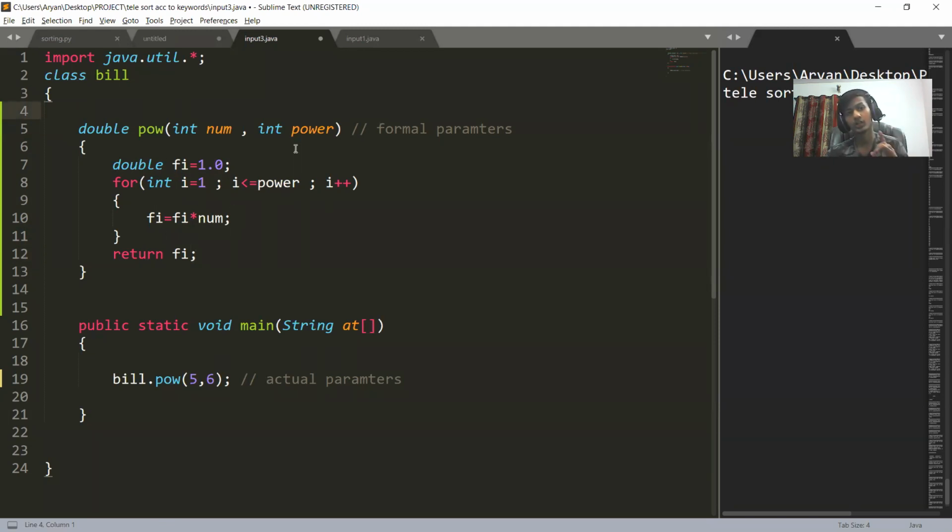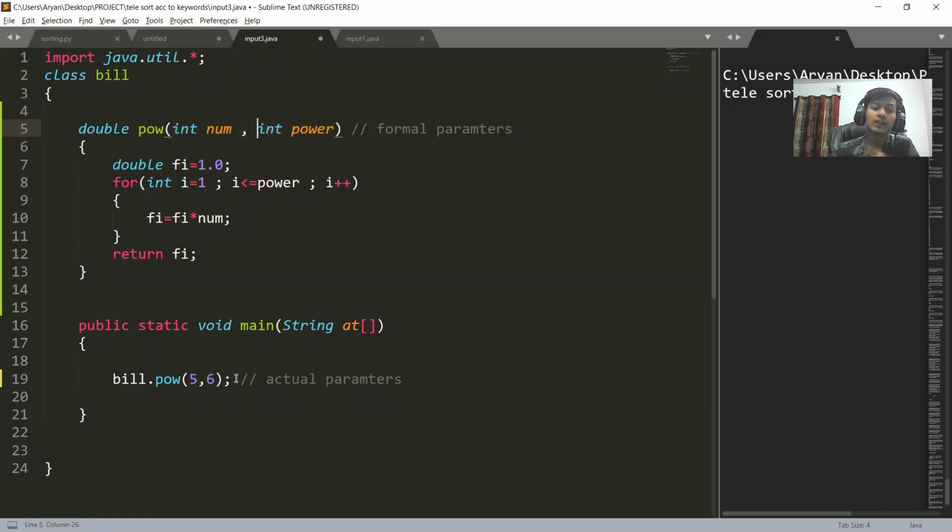Clear? The first line of the function is known as the signature of the function or the prototype of the function. A question comes in board exam that write the prototype of the following function with these parameters, and the return type as this. So now you all can do that question, because you know the basic structure of the function. The basic structure of the function is the return type, the name of the function, and the formal parameters in the bracket along with their data type.